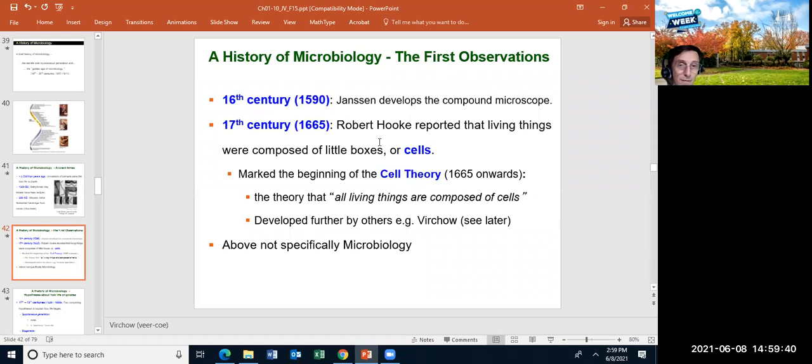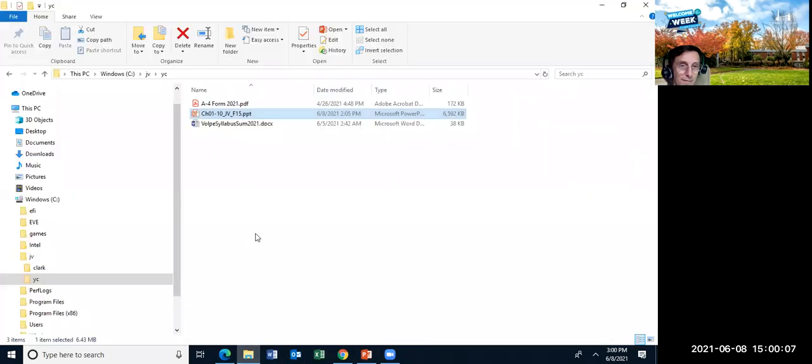Robert Hooke took a compound microscope and looked at cork from the cork tree, which is the bark of the cork tree, and he recorded his observations and found little boxes which he called cells. And let me see if I can print that out. I don't think I'll be very good at this, but